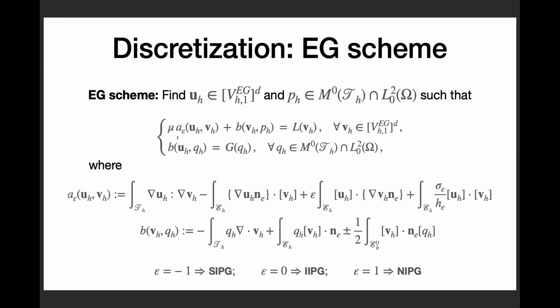Just a remark on this problem. You have to be careful because you have two spaces for the velocity. And in fact, you have the constant and the velocity which appear in the two spaces. This is the only numerical problem when you code that. So you have to remove one velocity in one space to be